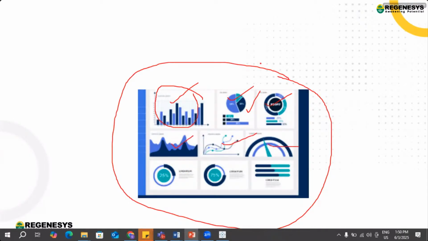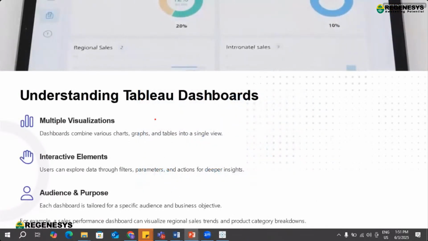These are the different chart types which get created, and we have kept them in one window for simplicity of understanding and good visualization. So this is how the dashboard works. Everything created is shown on one page. That is nothing but the dashboard.